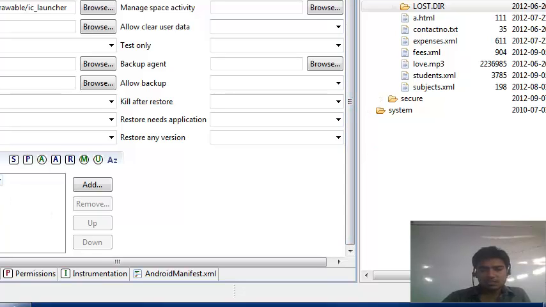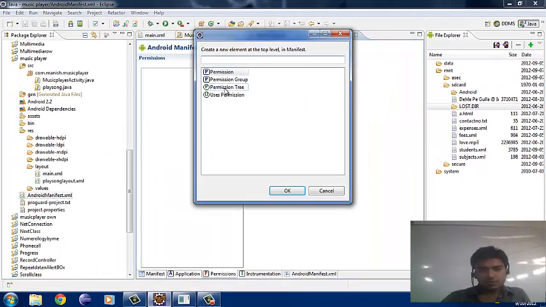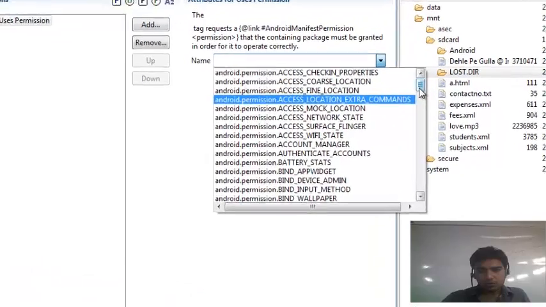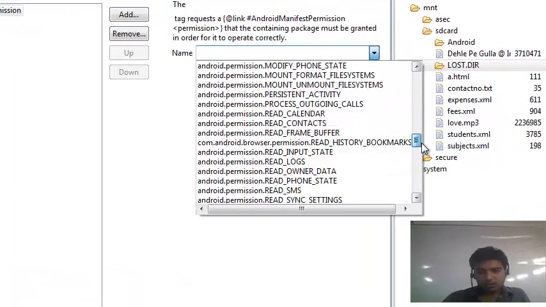In music player, we have just used the search file handling logic, in which we get the songs from the SD card. And in play song, we just apply the logic so that the music player should play over here. Okay. Then we see the permission. We just give the permission, uses permission, search for the permission over here, that is audio video permission. Let's check where is the audio video permission over here.